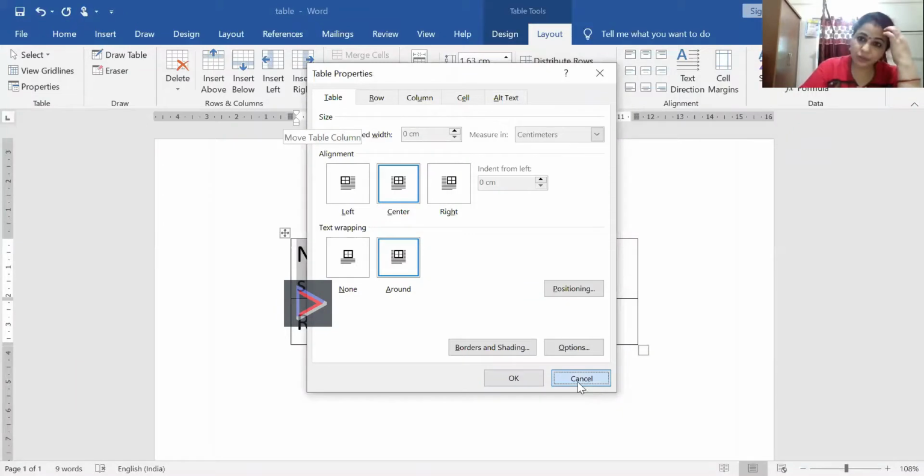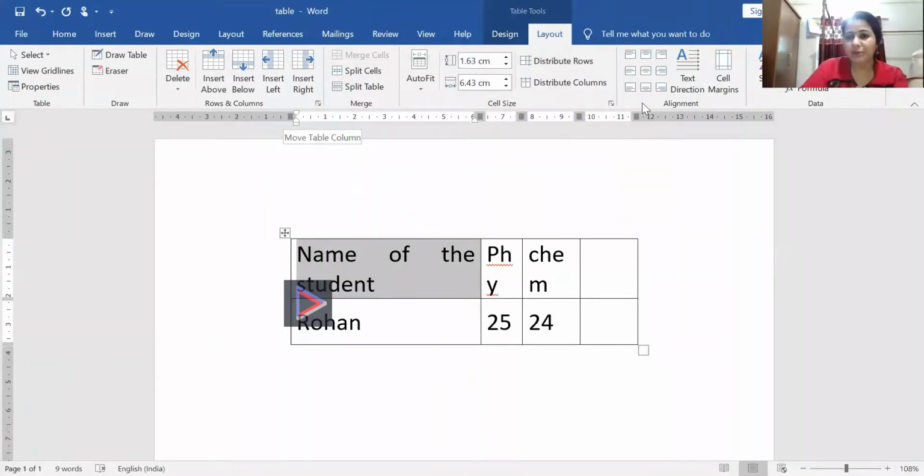Not like that, you can go to the alignment, that is for the text alignment. Come and see here: table tools, layout, then you can see alignment is there. Now it is top left. If you choose bottom center, then it is right. Like this, different alignments are available. Any alignment you can choose and you can see the differences in the data alignment. So how did I do it? Go to the layout, then go to the alignment options, and from there you can do it.